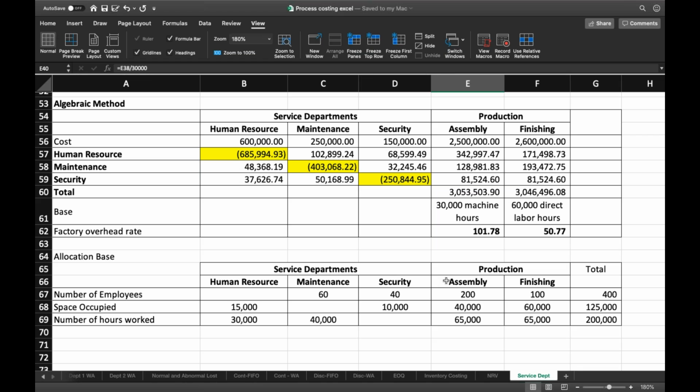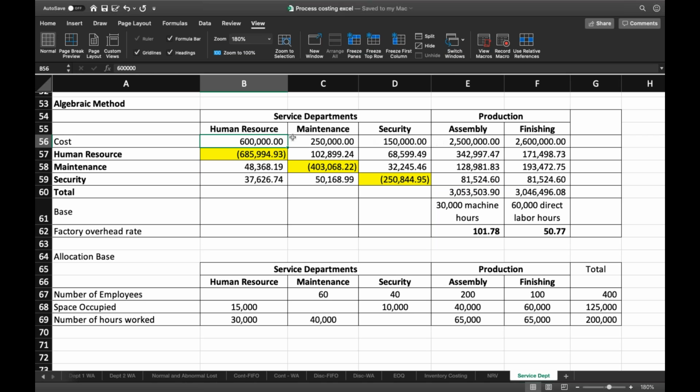Okay, in using the algebraic method, we have to first determine the true amount of cost to be distributed among the service departments and the assembly department and the production department. So in our given problem, the 600,000 is the actual cost incurred